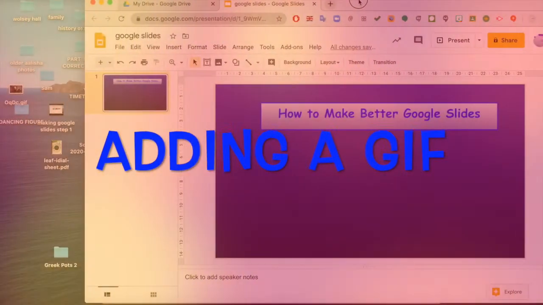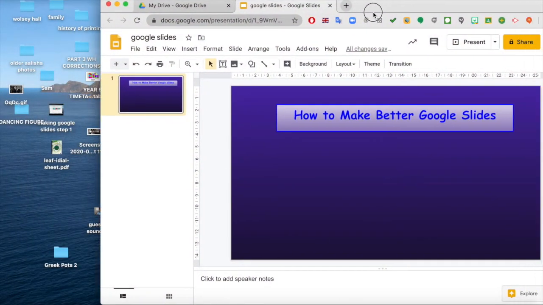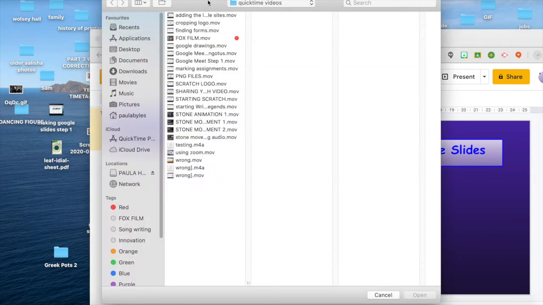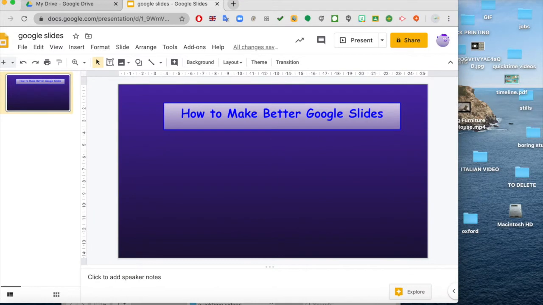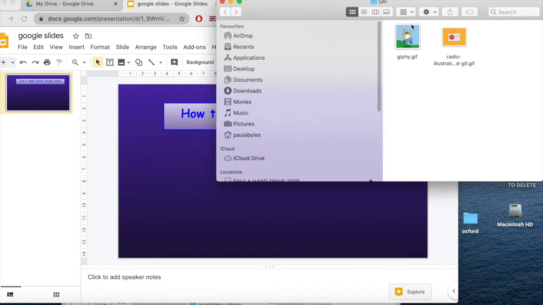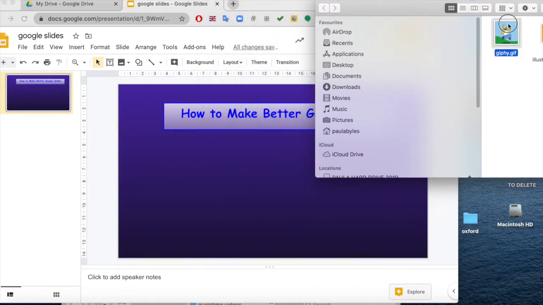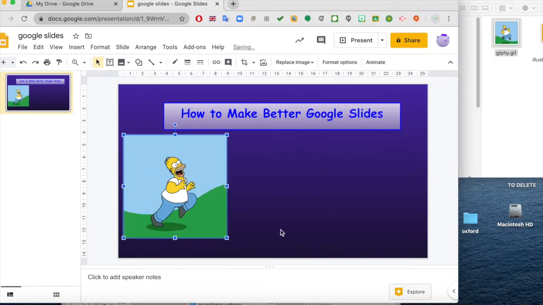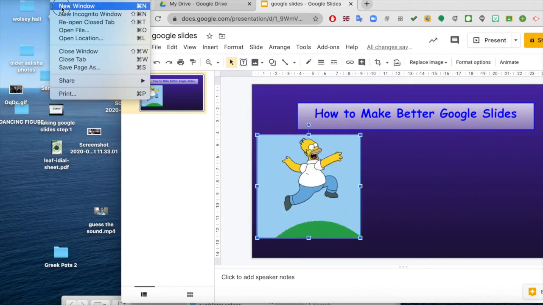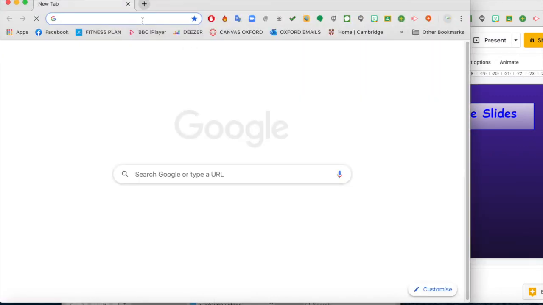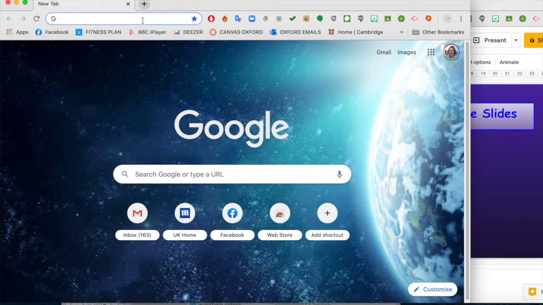The thing I'm going to show you how to do is just to add one of these little GIFs, or GIFs, I'm not sure what they're called. So I've saved some already here on my desktop. You might recognise these. So let's take Bart Simpson. I just drag it in here. Okay. If you want to find one off the internet, all you do, let's just put